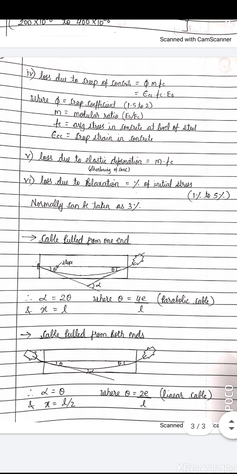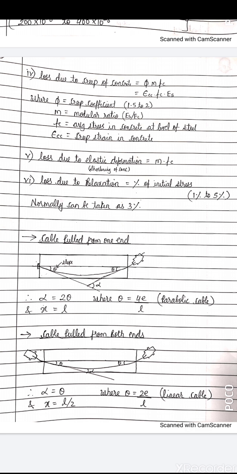The next case is when the cable is pulled from both ends. In this case, your cumulative angle alpha is equal to the slope, and the distance x which you have to consider while solving the problem is the span of the member by 2, that is L by 2, where theta, as I have mentioned, for a linear cable is taken as 2e by L. So you just have to remember these two cases. Whenever it is asked in the question, it will be mentioned that the cable is pulled